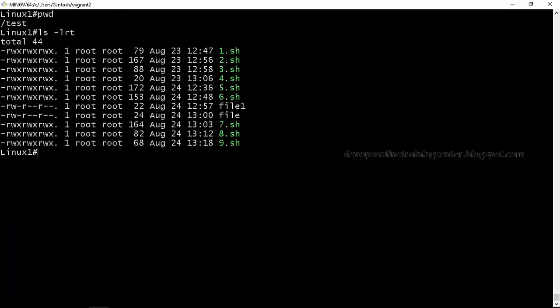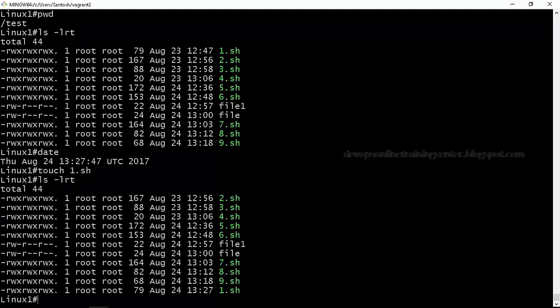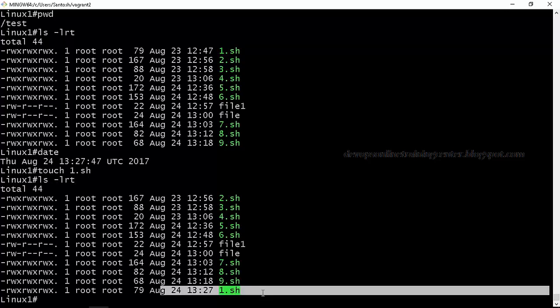You have a file and this is created at August 23rd, 1.sh. Now what is the current date of the machine? August 24, 1327. So if I just say touch 1.sh, it will change to August 24, 1327. Okay, touch is not only for creating the empty files, it also changes the timestamp to the latest.